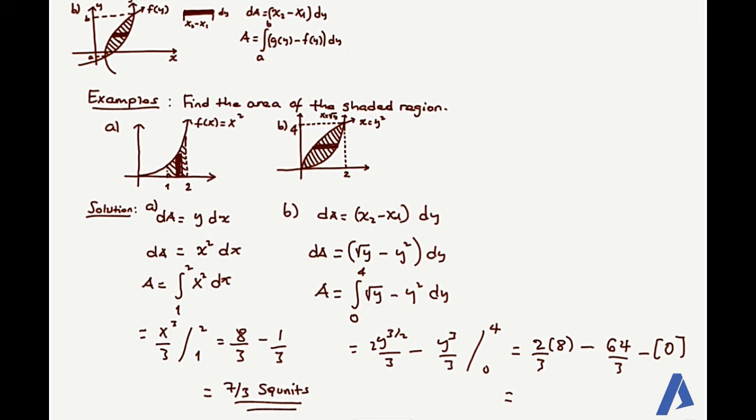Evaluating the integral መጨረሻ ላይ 16 over 3 minus 64 over 3 minus 0 ይሰጠናል which is minus 48 over 3, ግን area ስለሆነ it's the absolute value or it's the positive value ስለዚህ 48 over 3 square unit ይሰጠናል ማለት ነው ፋይናል አንሰሮች።